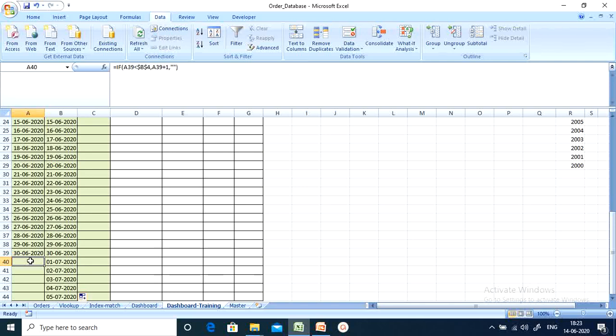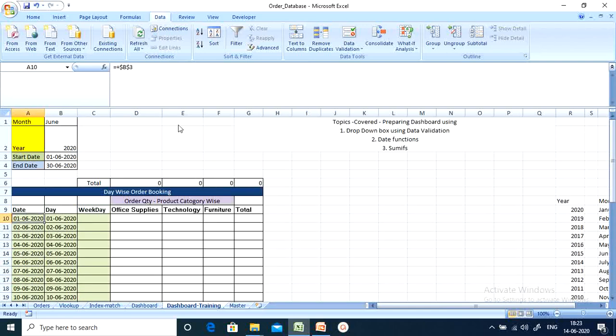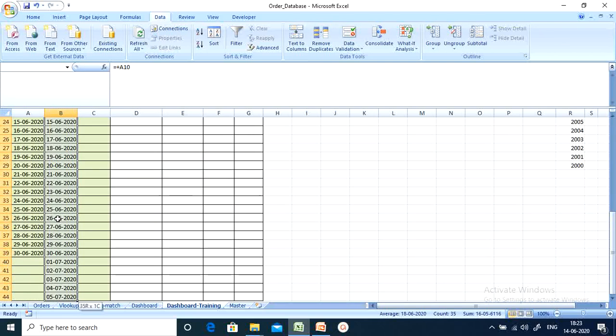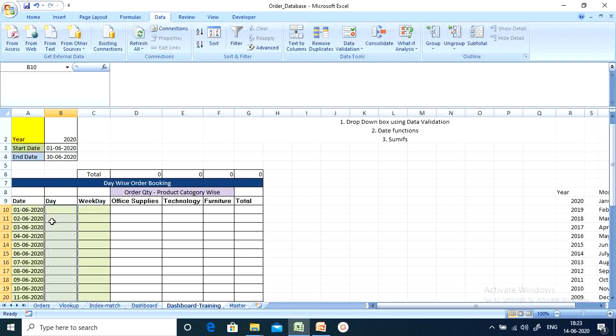For that reason, to avoid displaying the next month's dates, since I want only current month dates, I am applying this IF condition formula. I am deleting this data.